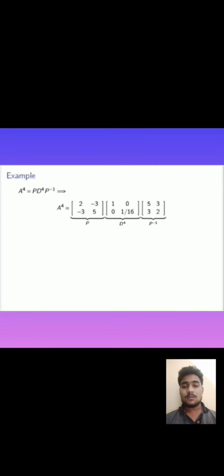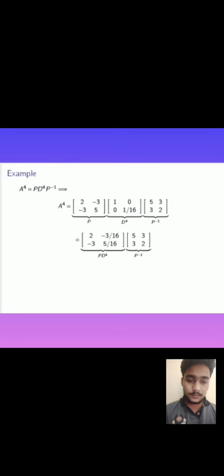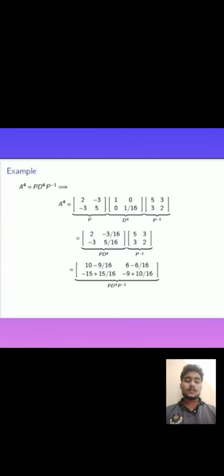A power 4 is equal to P D power 4 P inverse. Here P is given in the question, D power 4 is equal to 1, 0, 0, 1 by 16, and P inverse is equal to 5, 3, 3, 2. So P D power 4 is equal to 2, minus 3 by 16, minus 3, 5 by 16, and P inverse is equal to 5, 3, 3, 2. On multiplying P D power 4 and P inverse,